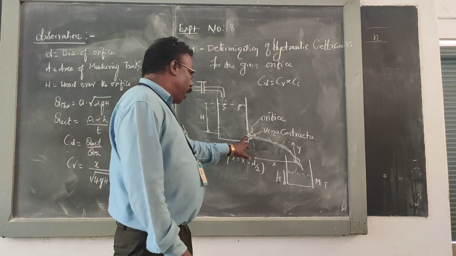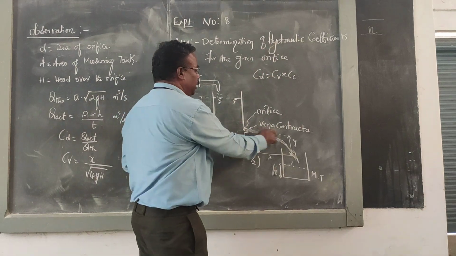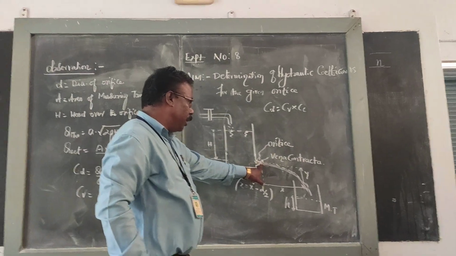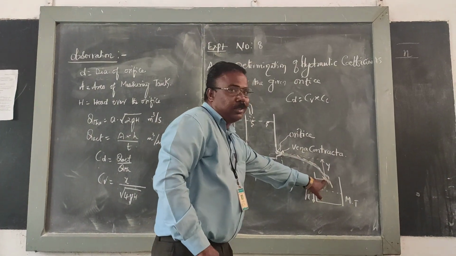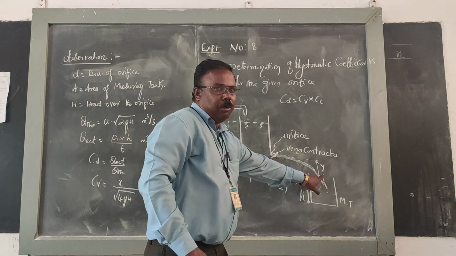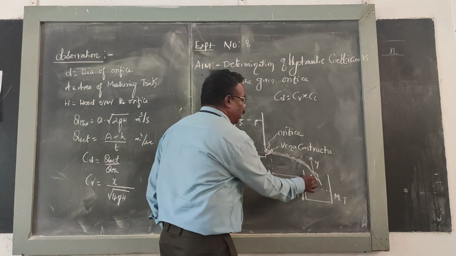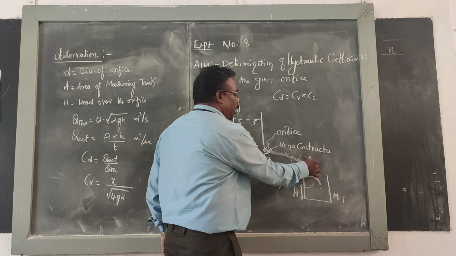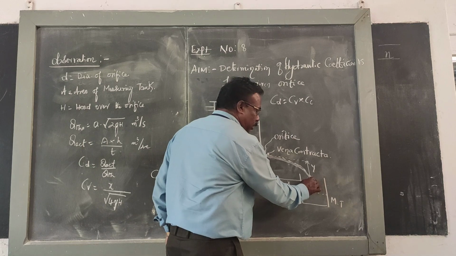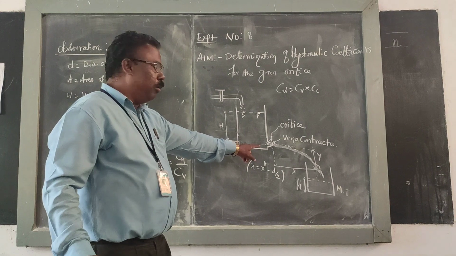To find out the values of x and y, by allowing the discharge, we find the position of the fluid particle and then the new position. To measure the distance, we find the horizontal distance, which is x, and the vertical distance from the center of the orifice to the center of the jet at the fluid particle, which is y. In this way we find the values of x and y.